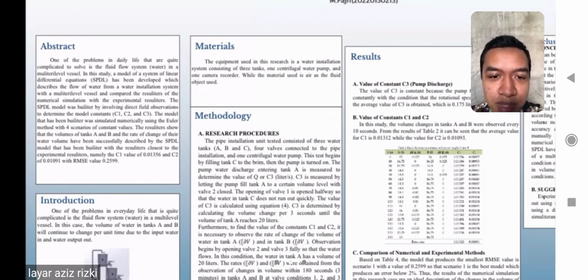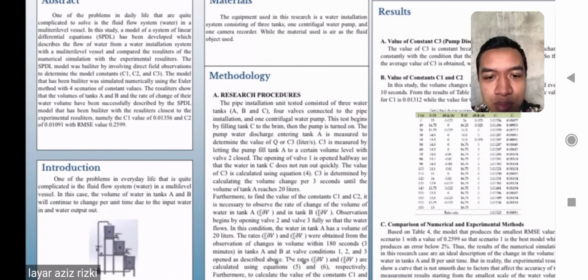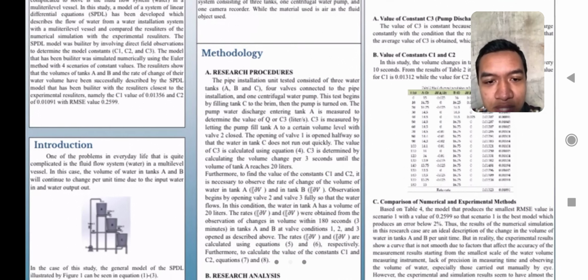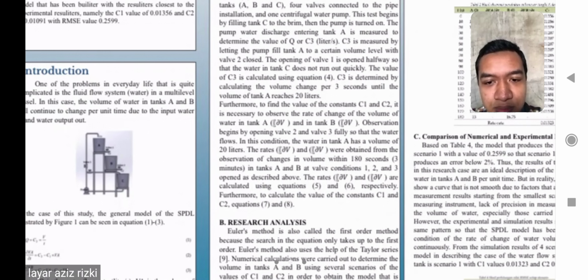The SPTL model was built by involving direct field observation to determine the constants C1, C2, and C3. The model that has been built was simulated numerically using the Euler method with the first scenario of constant values. The results show that the volume of tank A and B and the rate of change of their water volume have been successfully described by the